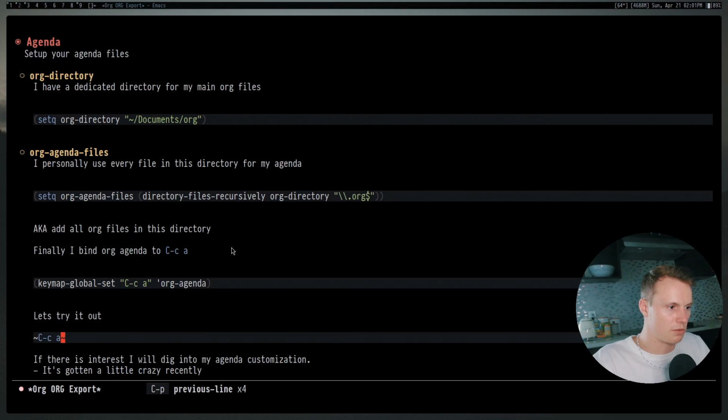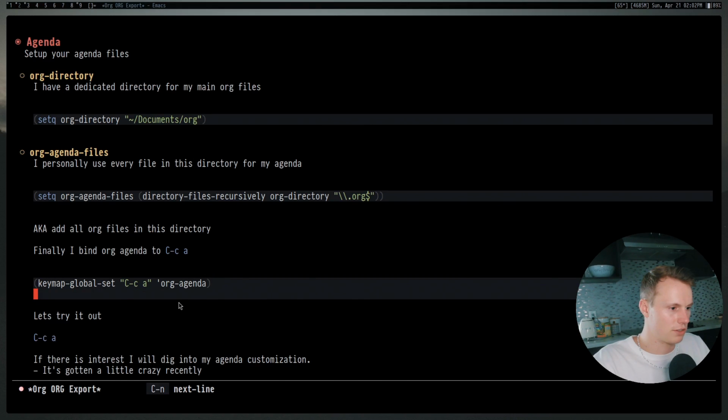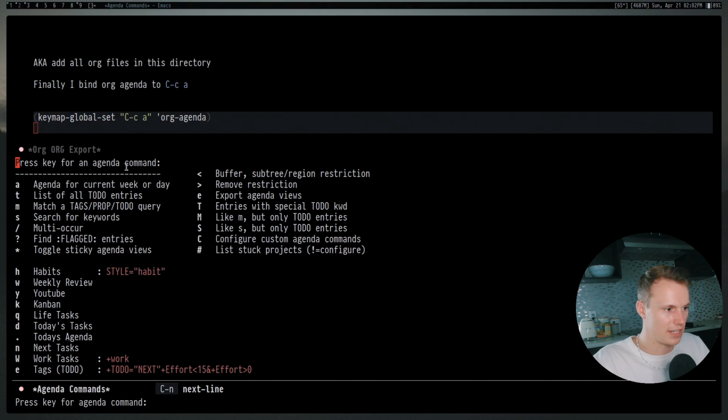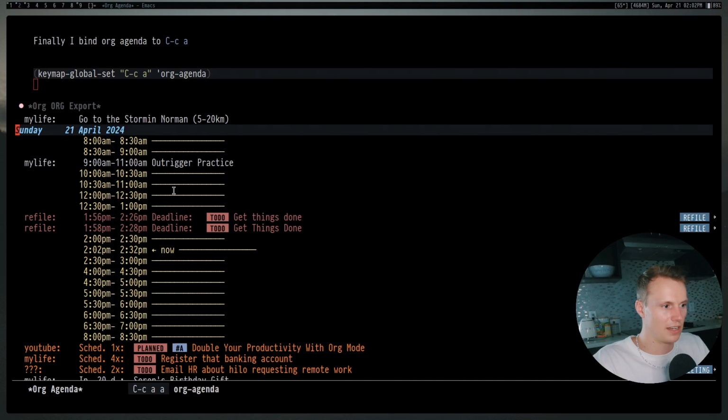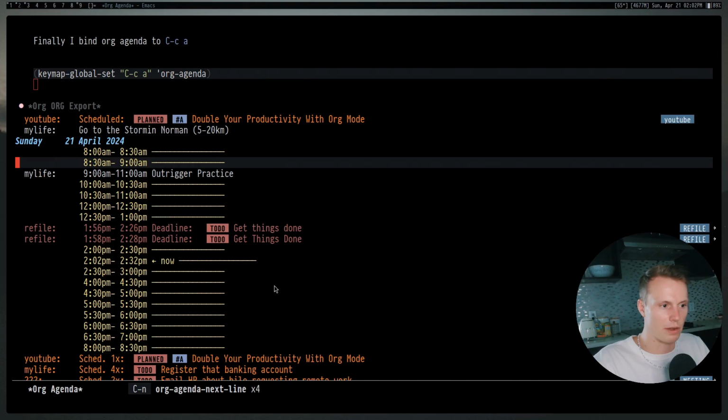Now, in addition, you'll want to be able to preview it. So I have a little key binding set right here that basically lets me check my agenda at any time. And so if I do Control-C, A, you'll see that there is a bunch of different templates, but the simplest one is just the normal agenda for the current week. So if I hit A, you'll see that there is a little breakdown for all the different things I need to do throughout the week.